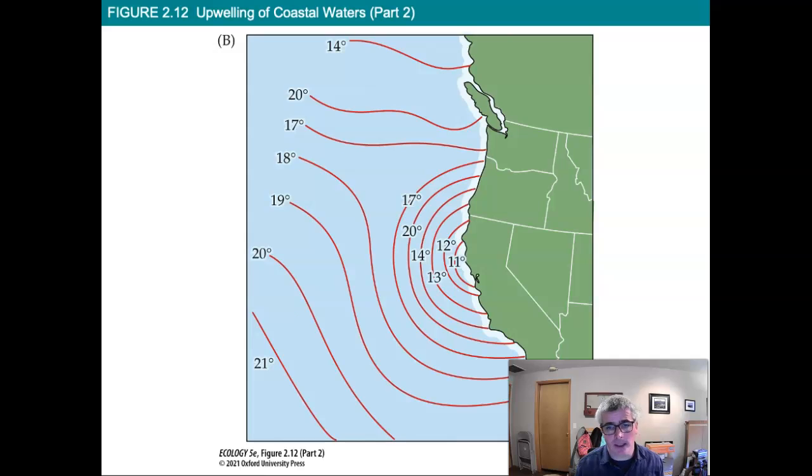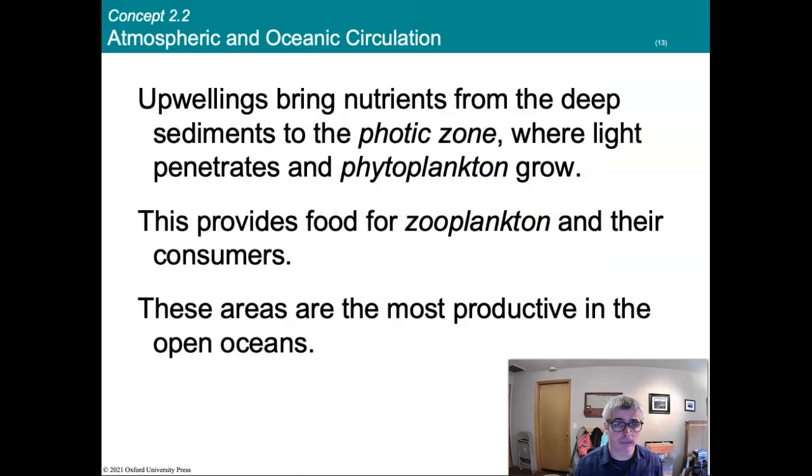This diagram is pretty interesting. This is sea surface temperature, and you might expect that it would be colder off the coast of Washington than off the coast of Northern California. But due to the massive amount of upwelling there, it's actually colder off Northern California than it can be off our coast. In fact, as divers and surfers know, the water is warmer in lots of areas in the winter because of less upwelling than during the summer. Because in summer there's so much upwelling, so much cold water being brought to the surface, which is one of the reasons those areas are very ecologically productive.